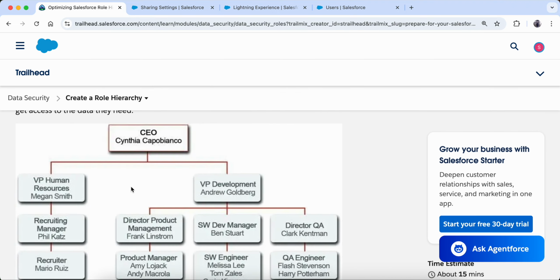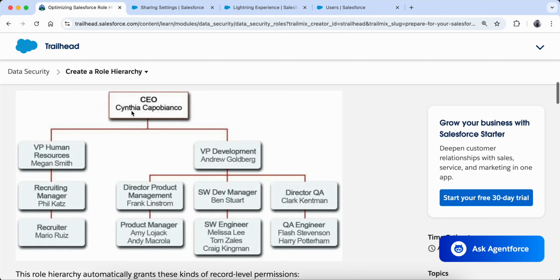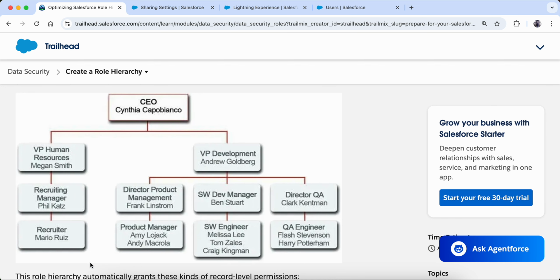This is how a role hierarchy looks. It is kind of a parent and child relationship. So the CEO should be able to access all the records. The VP of development should be able to access these six records. The VP of human resources should be able to access only these recruiter records.